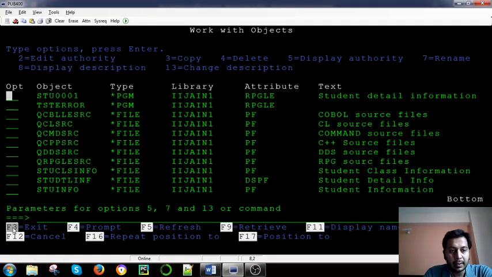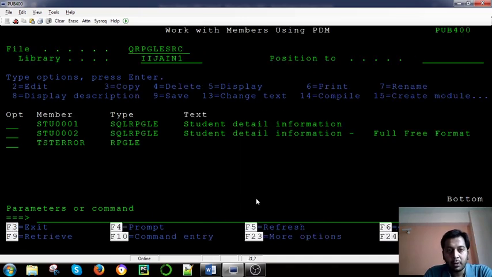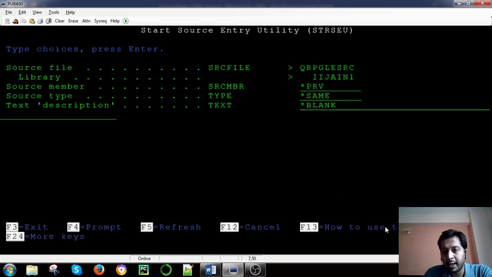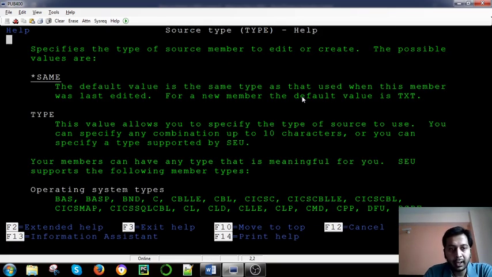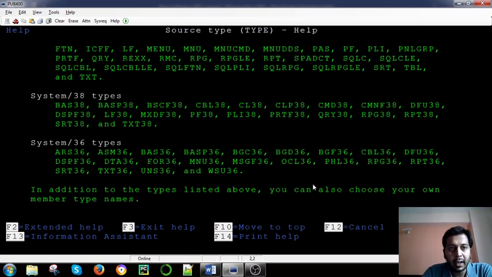Let's see where you can look. I am in the starting section, where I told you this is a source file. In this source file we can define various types of files. So we take F6, and in F6 we can take F1 to see the different types we can declare here. For example, we can declare different programs even, and here this is for PF, this is for PRTF, and you can see LF.